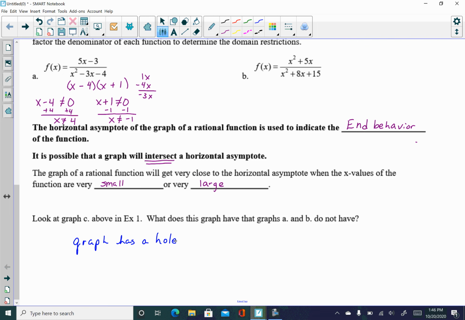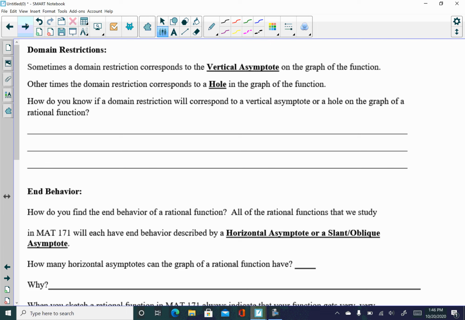All right, I'm going to flip it on over. At the top of the next page, we talk about domain restrictions. So sometimes a domain restriction corresponds to the vertical asymptotes of your function. Other times that domain restriction corresponds to a hole in the graph of the function, okay? So the question below here was, well, how are we going to know if a domain restriction will correspond to a vertical asymptote or correspond to a hole in the graph? And at this point, you don't know that, but I'm here to tell you that